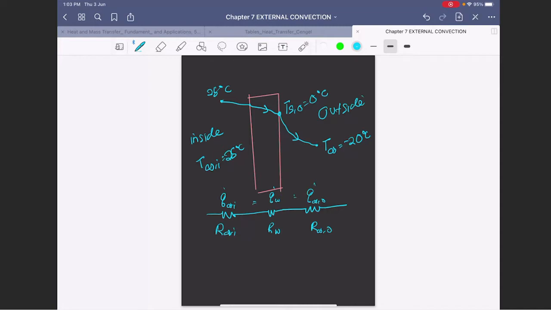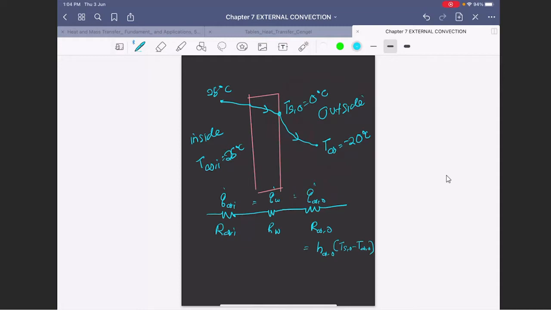So now, for this one, I can straight away find my Q. Why? Because I have the surface temperature and the ambient temperature, but you don't know the H value, right? So you cannot yet. So the Q is H outside, and surface area is not needed because this is heat flux, times T surface outside minus T infinity outside, is equal to